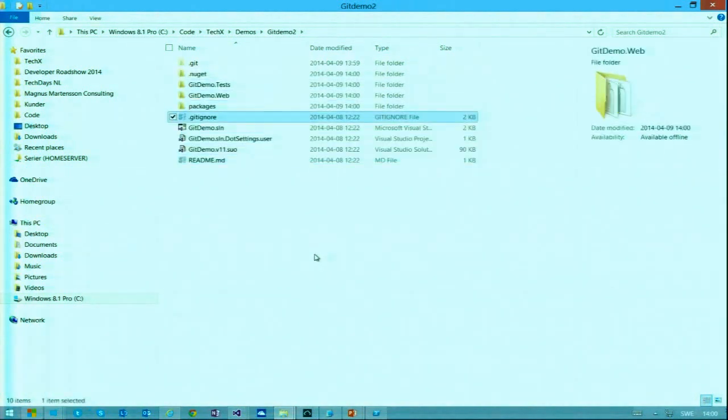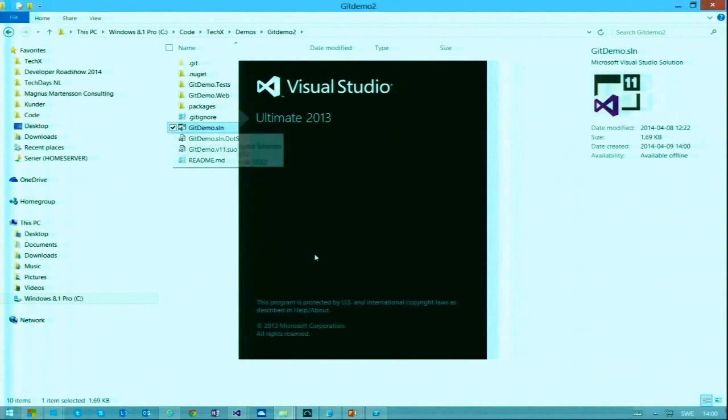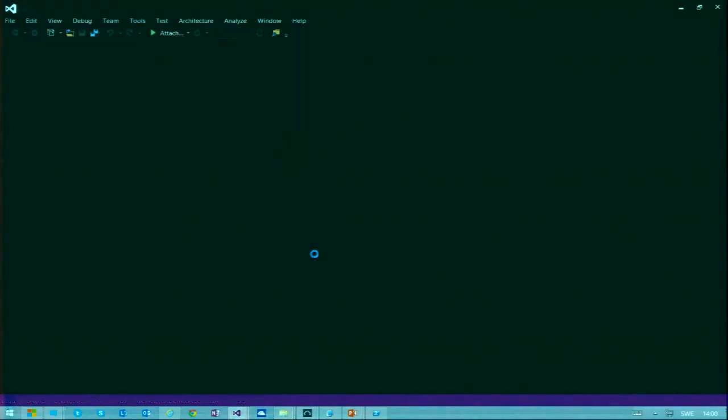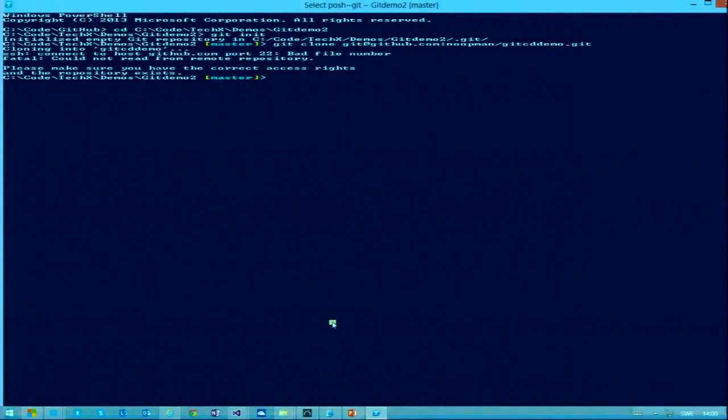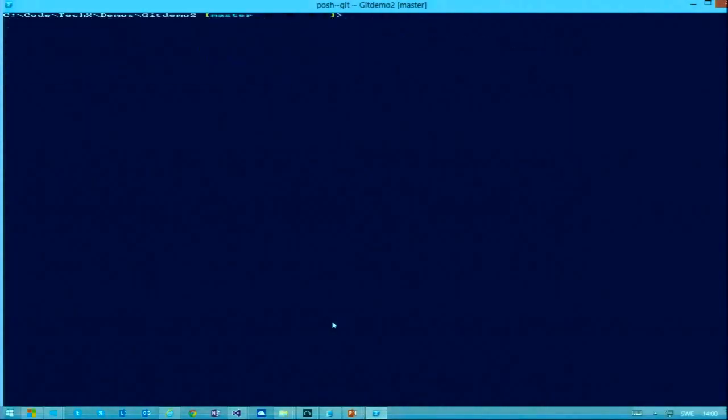Now it's the same demo as last time. That's fine. I have a Git demo. So I'm developing on my local drive, and I have my local Git repository, and I'm launching Visual Studio here. So have a look at that. And also, of course, what we need to do is, see, now we have files, so we need to do a git add all of them, git commit with a message,